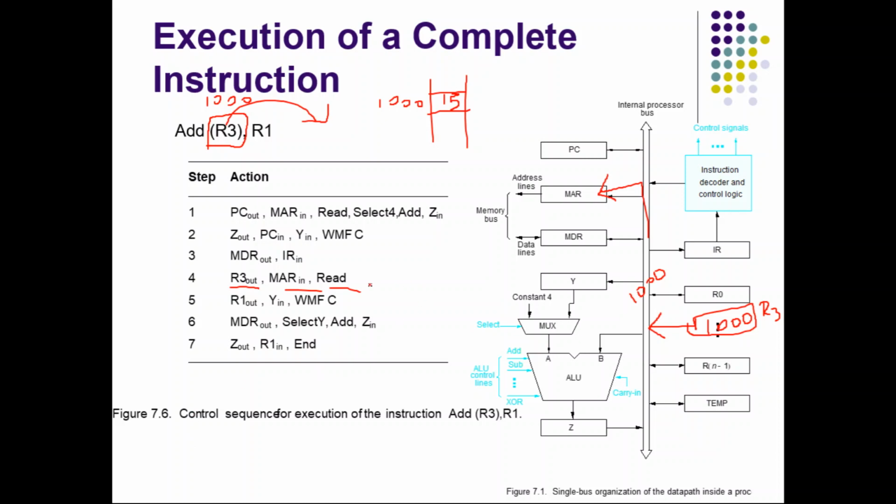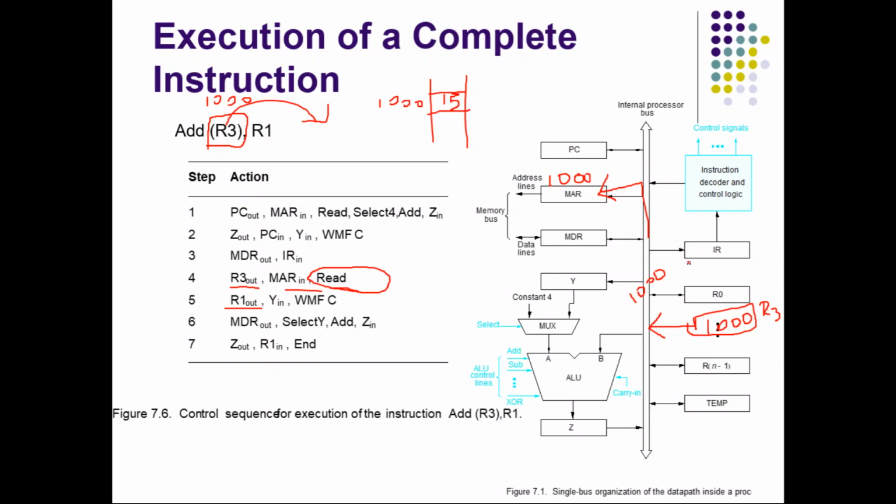But it may take more than one clock cycle, so we cannot expect that to complete immediately. Meanwhile you can fetch the next operand. The next operand is R1. It is already available within the CPU, because it is in one of the registers. So we are directly saying R1 out. Now MAR is holding 1000 and it has already been given the instruction to read the content of 1000, so this 1000 need not remain on the internal bus. So here we are doing R1 out.